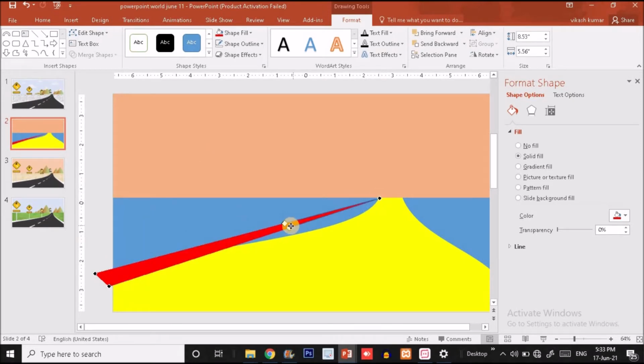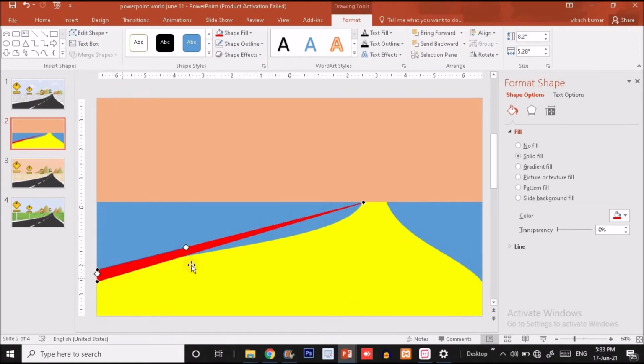Okay, and now drag this dot over here, or maybe here, or maybe here. Drag this dot over here. Okay guys, and now as I click on this dot, we'll get 2 handles. So I'm going to do changes with this handle. I'm going to put it over here like this.